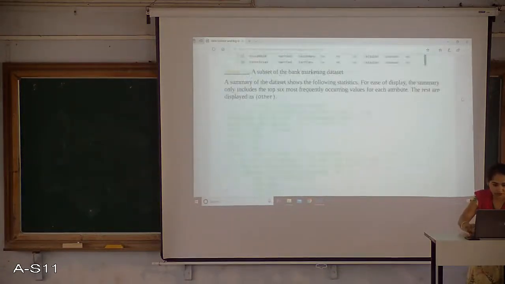So here for the value of education, what are the categories I have in education? You can find that primary education is one, then I have secondary education, and tertiary education.